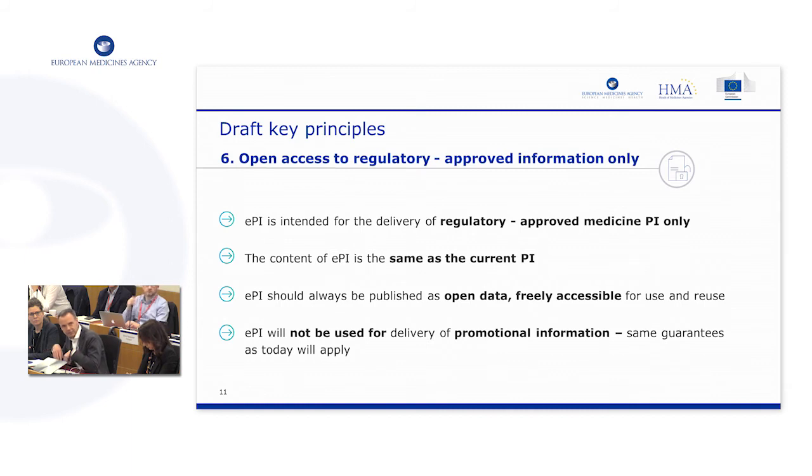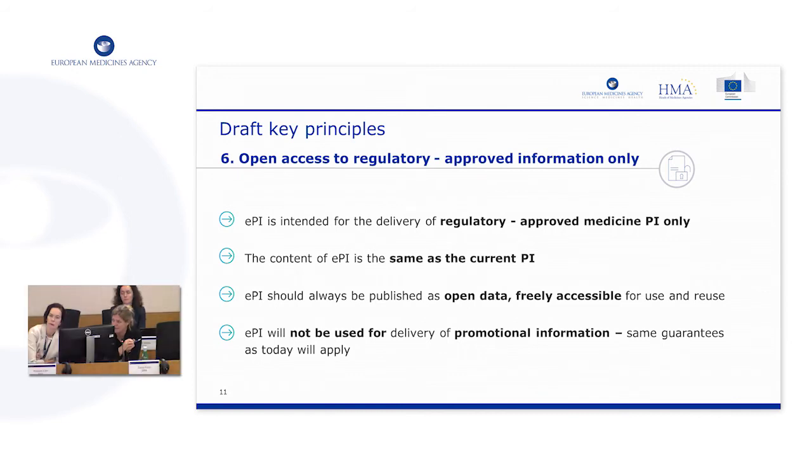So I think we should, by writing it, make it clear that it focuses on the promotional information and that the EPI can be more current information than in the printed one. Otherwise, it's a little logical contradiction, I think. It's a clarification that we are not referring to what is in the pack, but actually what is currently approved. I think that's valid, we can clarify that. Thank you very much. Any more comments, suggestions? No? Juan, then we move on.